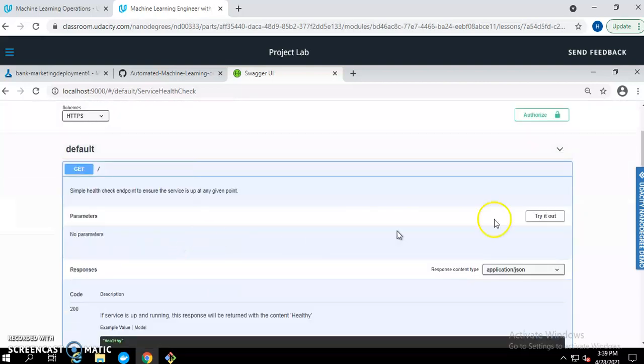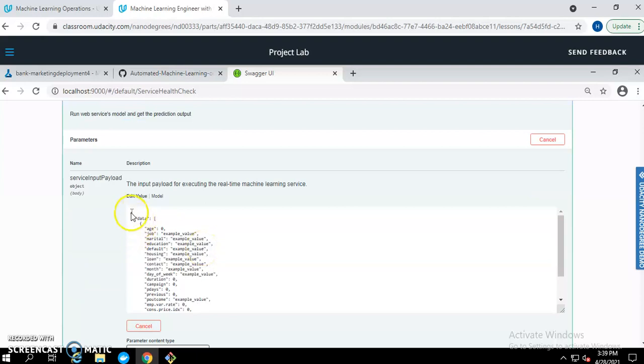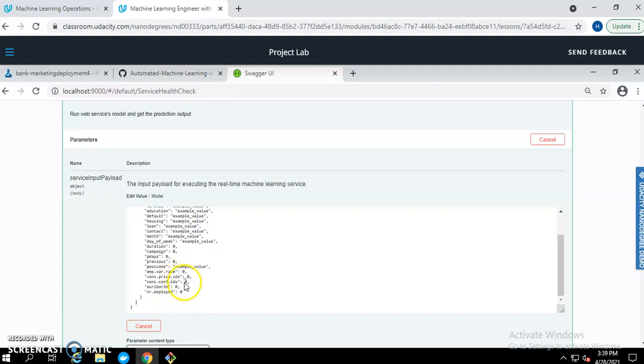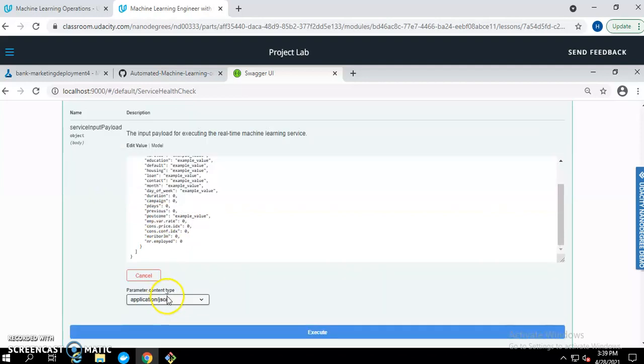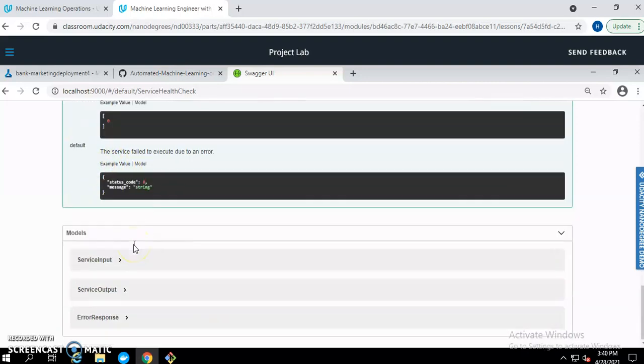Here you can try it out using get and post. Here we have post score. So this is the sample JSON format where you can execute and test your application and you will get a response.